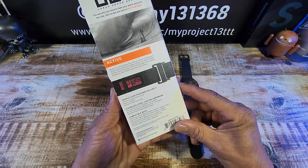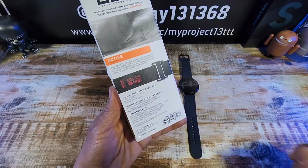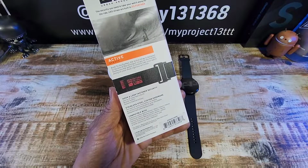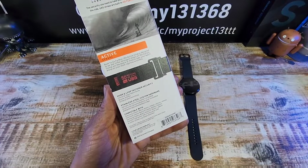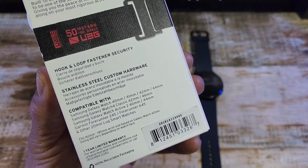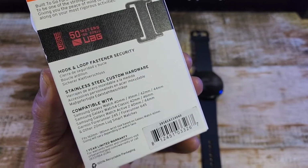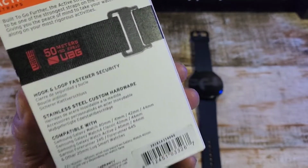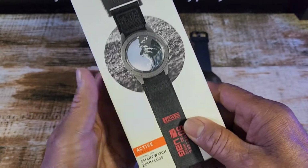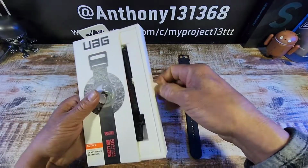Hook and loop fastener security, stainless steel, custom hardware, and you have this area here which lets you know what this strap is compatible with, and take a moment to check out that information there. But whether you order over at Amazon or the UAG website, please read everything. All right, and with that, let's go ahead and